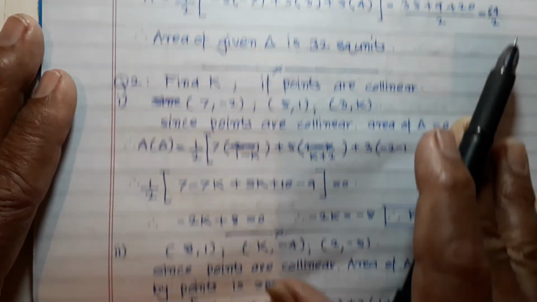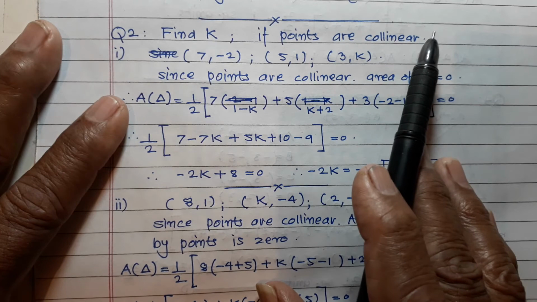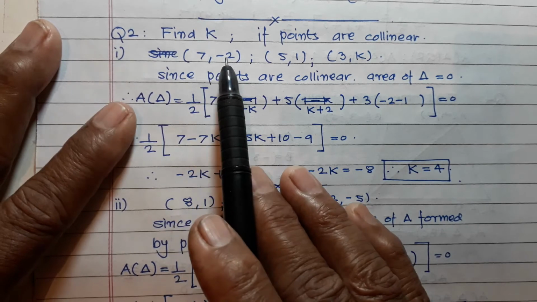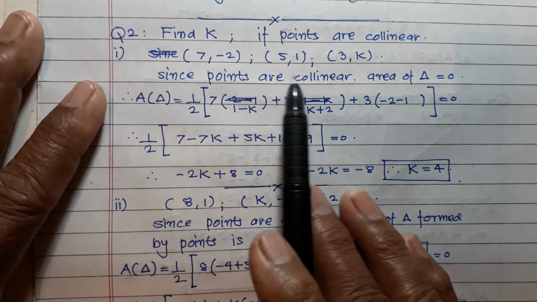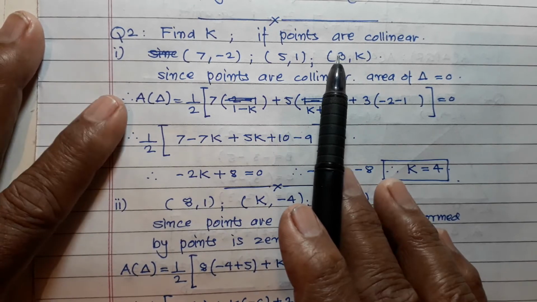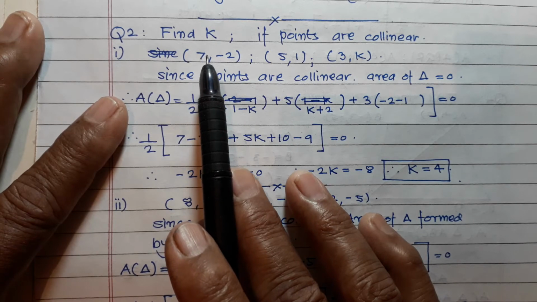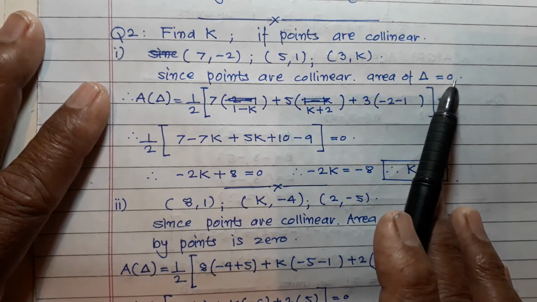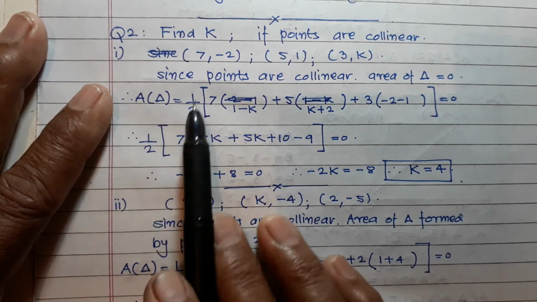Okay. Question number 2. Find k if the points are collinear. Now these are 3 points given and these 3 points are collinear: 7, minus 2, 5, 1, 3, k. Since the points are collinear, the area of the triangle formed by these points is equal to 0. So the area of the triangle is equal to 0, and therefore you know the area of the triangle is equal to 1 upon